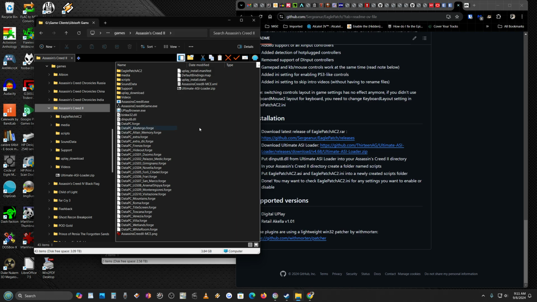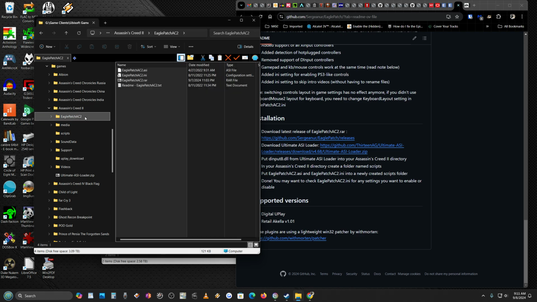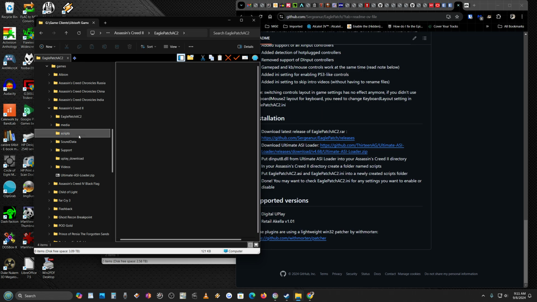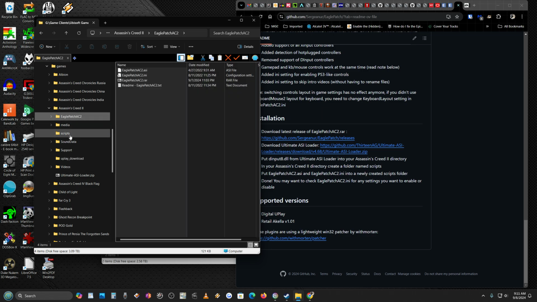For Assassin's Creed 2, it's the same thing. You're going to download the Eagle Patch, which is right here. Same thing, ASI, INI. You're going to create a folder that says scripts. You're going to move those, or copy. I copied them because I want to save these in case I want to use them. So you want to put those two files in the scripts folder, and then